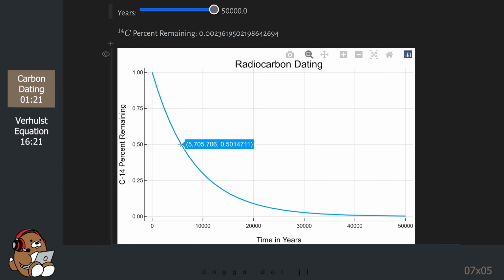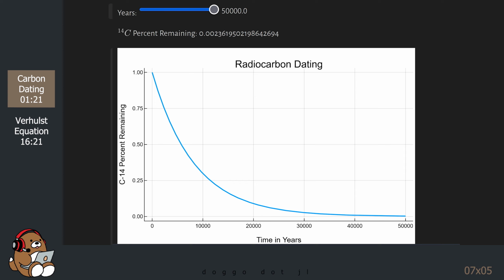Even though half of the carbon-14 is gone after roughly 5,000 years, amazingly enough, there's still some left even after 50,000 years. But as you move further out in time, the amount of carbon-14 remaining becomes extremely small, so it becomes increasingly difficult to estimate the age of a fossil. As a result, radiocarbon dating is generally limited to dating samples no more than 50,000 years old.